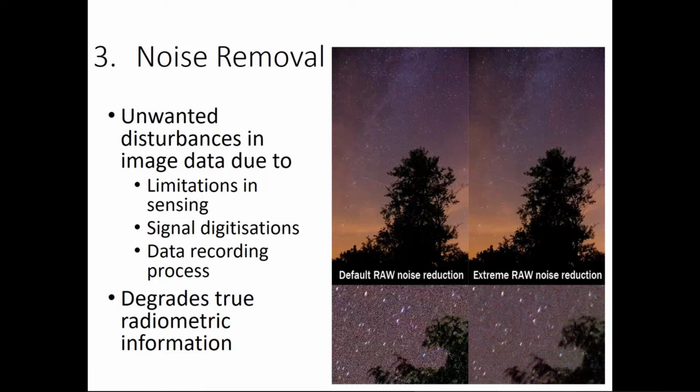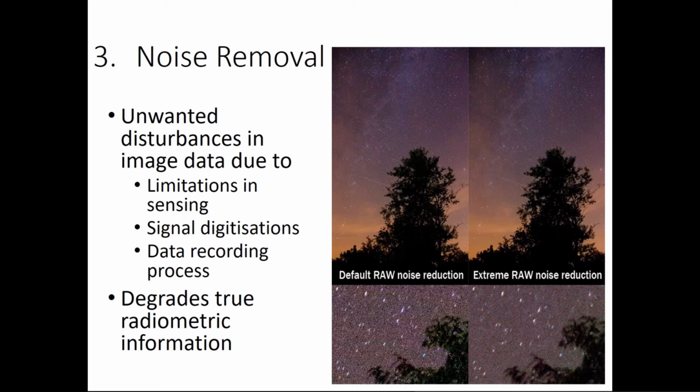That happens due to a few reasons. One can be a limitation in the sensing, maybe the sensor's limitation. Then another one is signal digitization errors, or some problems during the data recording process. Maybe your sensor cannot take very good photos in low light conditions, depending upon the f-stop value. Do you remember the f-stop? When you buy a camera or select a mobile phone, you will see the camera parameters f1.8, f2.4. So if the f-stop value reduces, it means that it can take better photos in the night. Can you correlate that? So that means your sensor is better, isn't it?